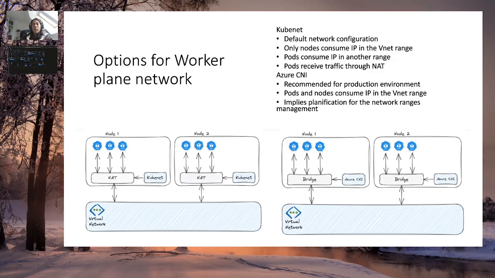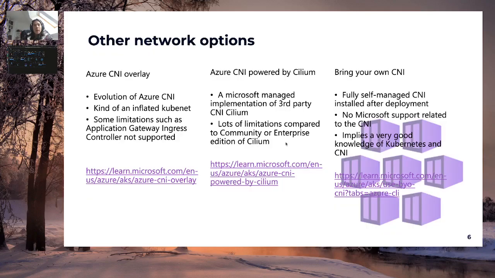So that was our two options. Kubenet with its lack of capabilities and maybe lack of performance, and Azure CNI with better performance, but also huge consumption of IP range. Fortunately, it changed, and we have other options. The first one being Azure CNI Overlay, which is the best of both worlds. Azure CNI Overlay is using an overlay for the pods' IP range, the same way as we do it for Kubenet, but we don't have the same limitation in terms of performance.